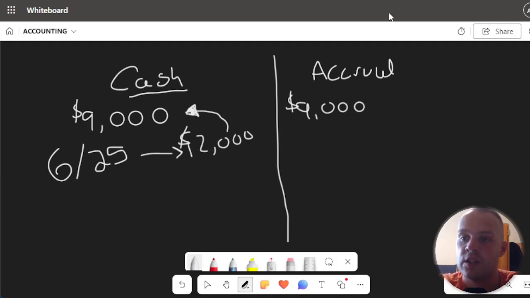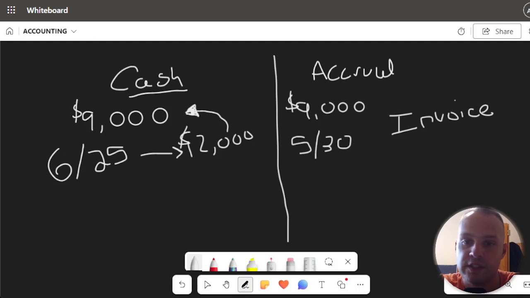So with accrual accounting you would record the revenue earlier, let's say on May 30th, because that's when the appraisal gets done. But in order to do this, you would have to create an invoice for it.